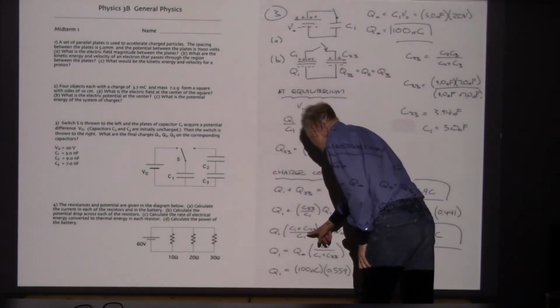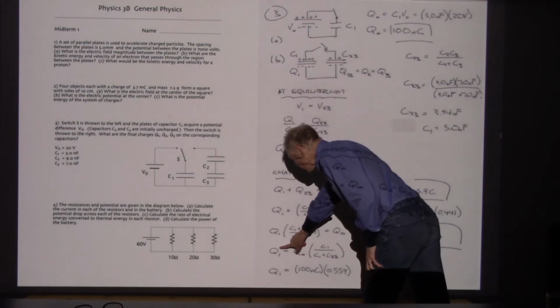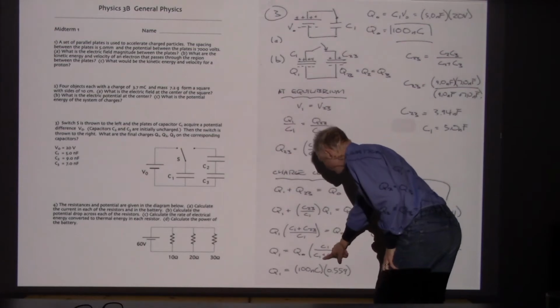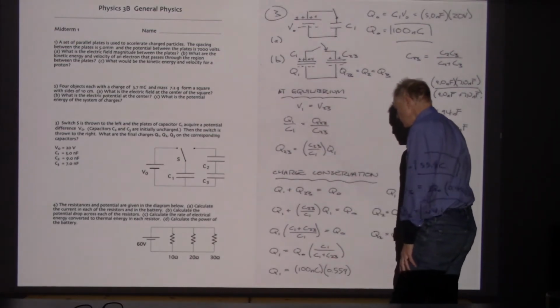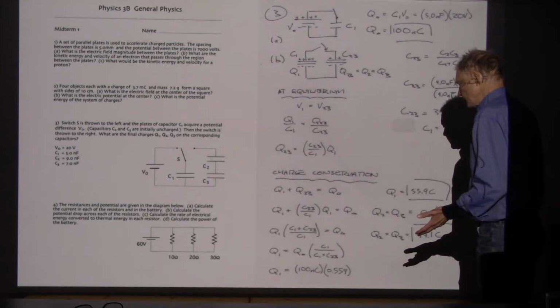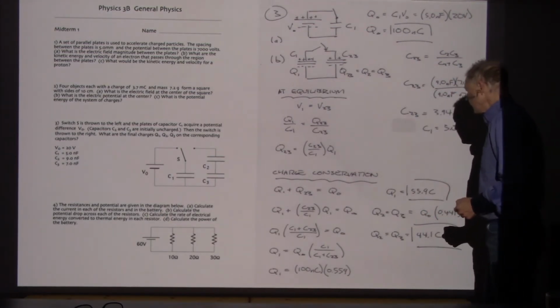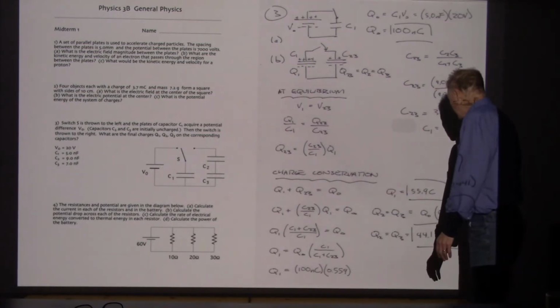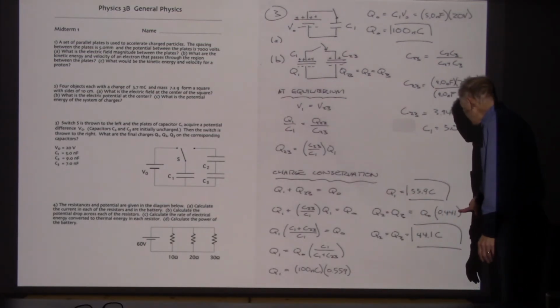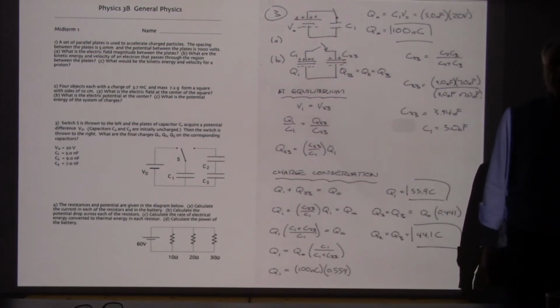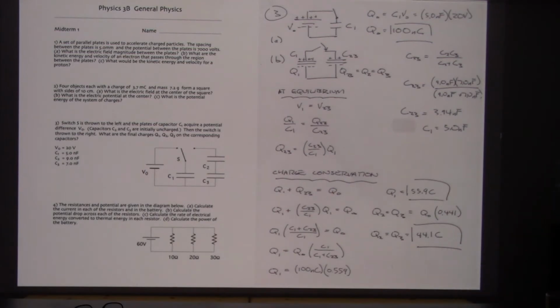And it says that the fraction of the charge that stays with capacitor 1 is given by C1 over C1 plus C23. So it says that 56% of the charge stays with capacitor 1. And then when we go back and run the algebra again, the remaining portion is going to go to capacitor 2,3. Now, once we've figured out capacitor 2,3, then we can say, oh yeah, capacitors 2 and 3 were added